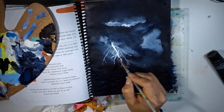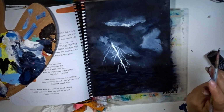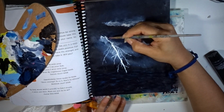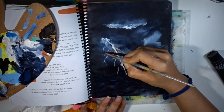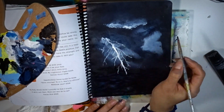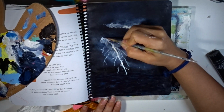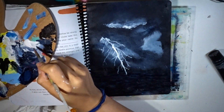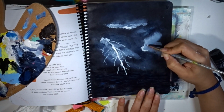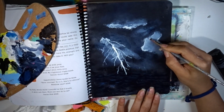If you're doing the 100 Days of Bible Promises like I am, you can do it on there and practice. It's paint, so if you feel that you didn't do a good job, you can always either use very heavy white gesso on top of it and start fresh, or you can go ahead and just use white acrylic paint and paint over it. I mean, paint is just one of those things, if you mess up, you can pretty much work through it. So I love using acrylic paints,